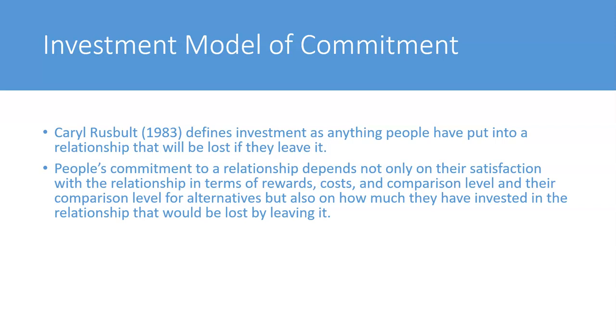So people's level of commitment to their relationship is going to be connected to how satisfied they are, and that includes doing that math of rewards, costs, comparison levels, and comparison level for alternatives, but also what they've put in emotionally and otherwise that they might have to give up. So let's say that you've been in a relationship for a long time, and you've built a home together, you've built a life together, you have friendships together, but you're not happy. What would you lose if you left?